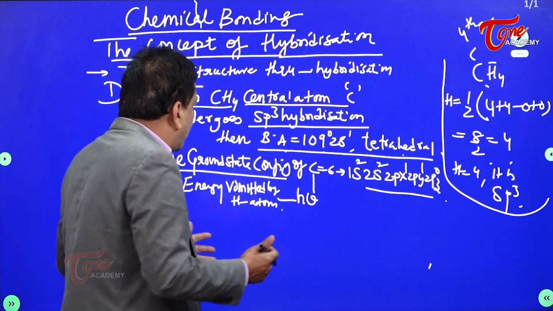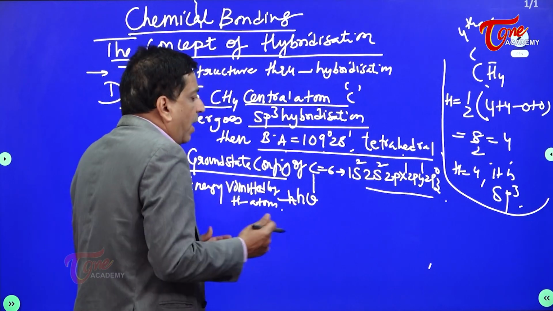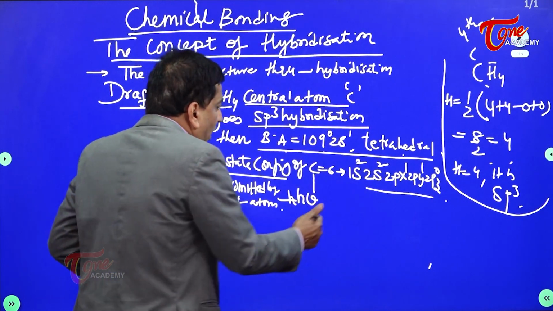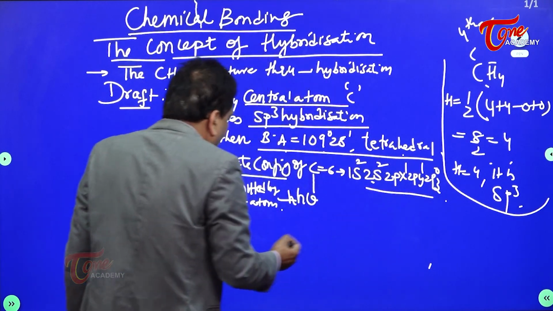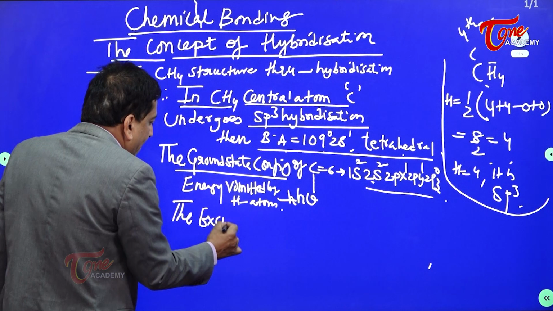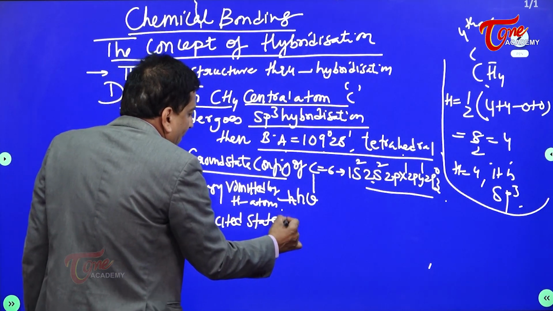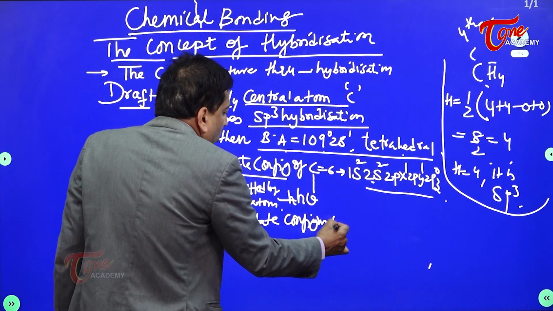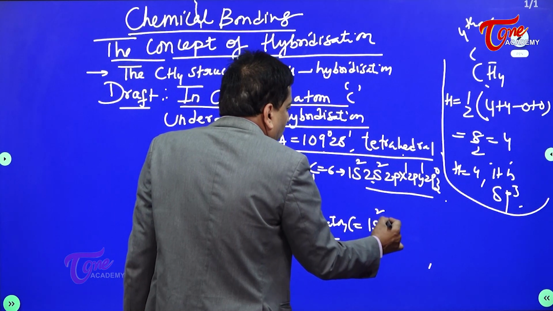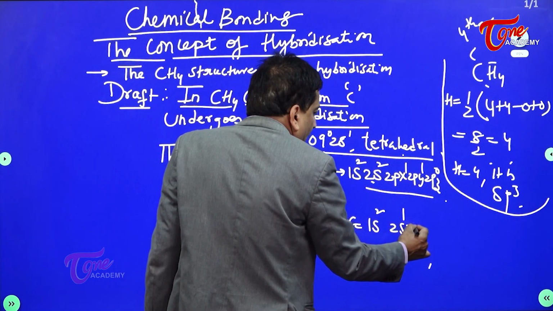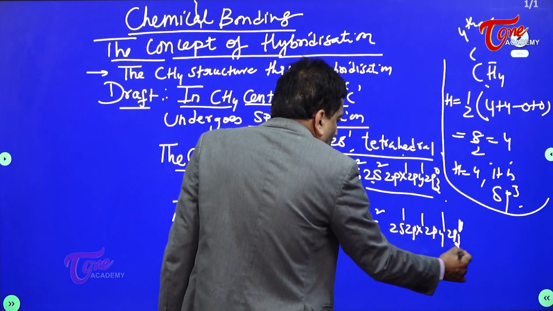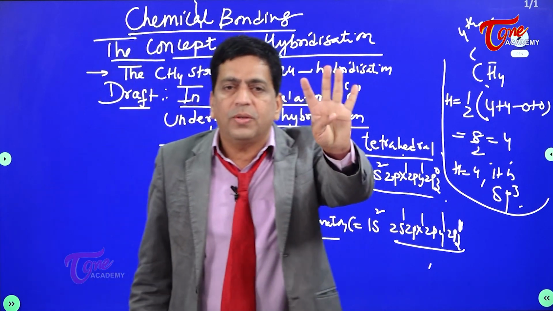So let the quantity released by these two be n h nu. N packets have been absorbed by the carbon, then it rises to excited state. Then one of the s electrons is kicked toward the pz. So I can write the excited state configuration. The carbon is now in excited state. It is 1s2, one of the s electrons is kicked to p, 2py1, 2pz0, z0 has now become 1. So you have 4 unpaired electrons.